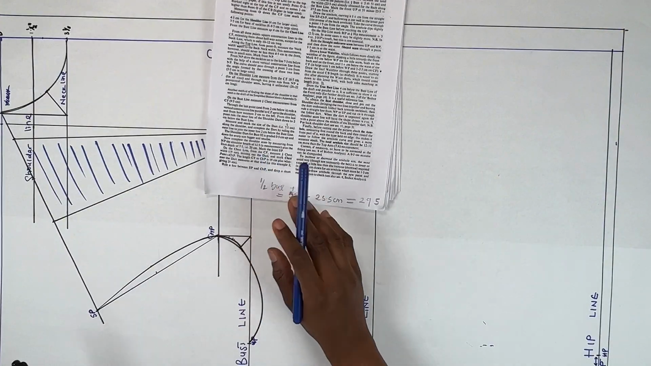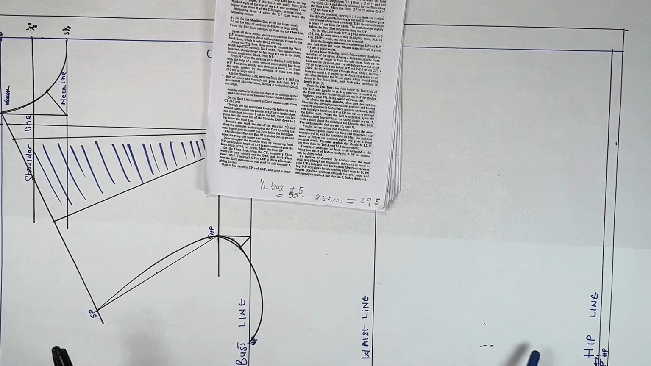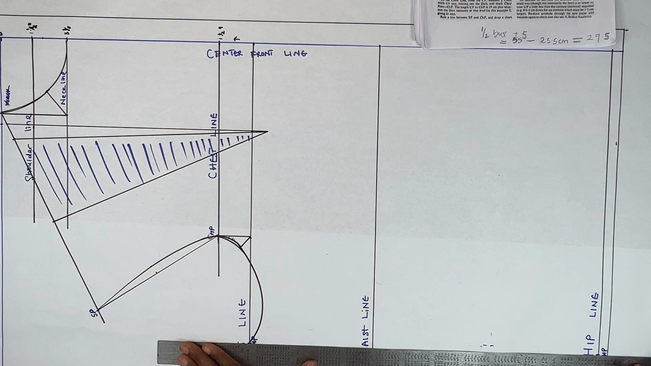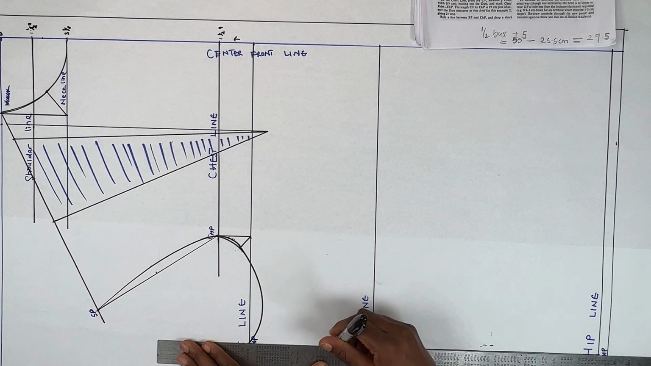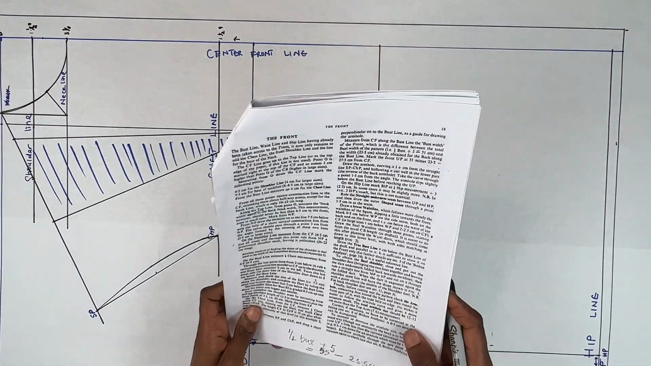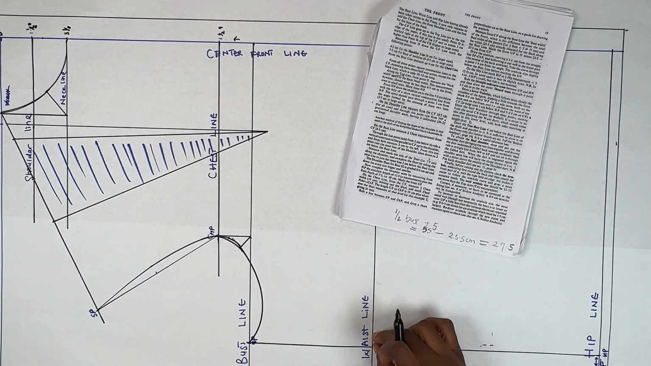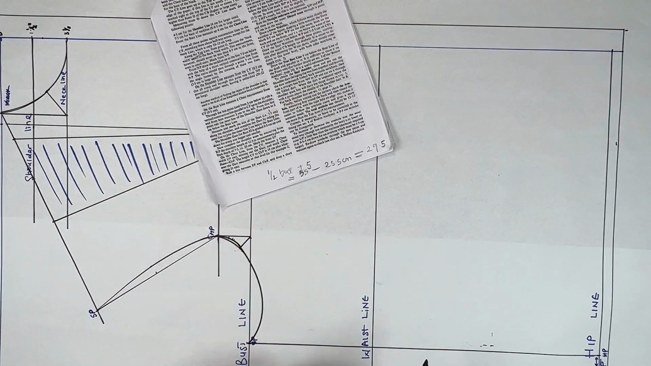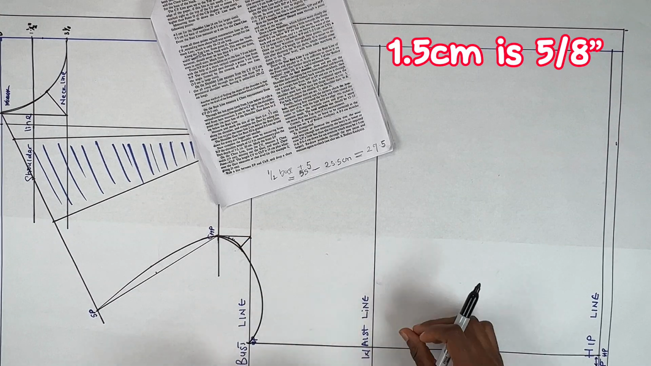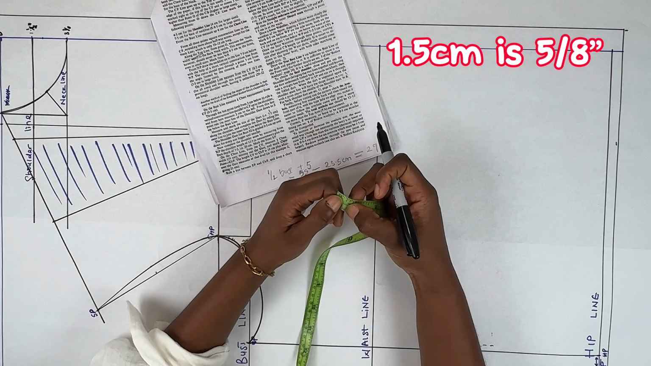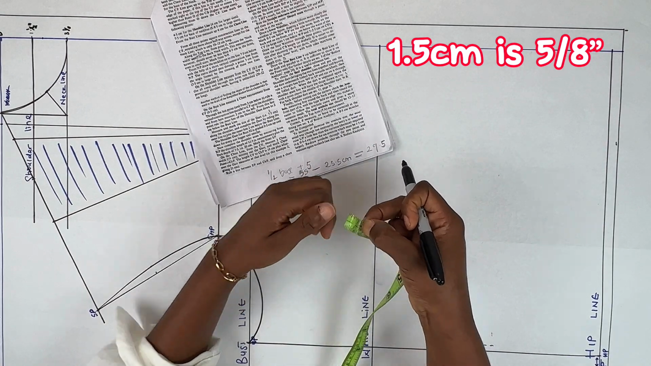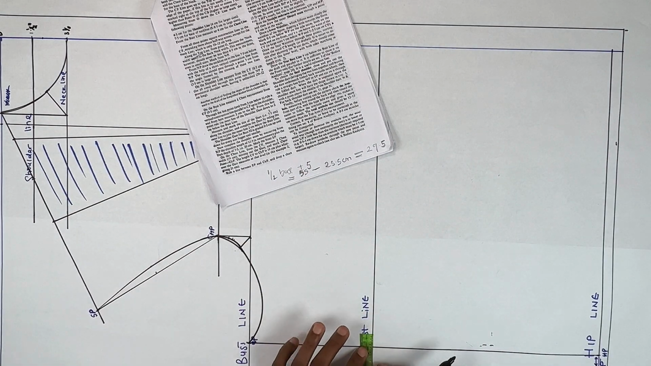To get the straight side seam, we're just going to connect UP and HP together. And the next thing to do is measure in at the waist to get the shaped side seam. We're going to take it in with 1.5 in at the waist. So 1.5 is somewhere around here. So from the waist point in,